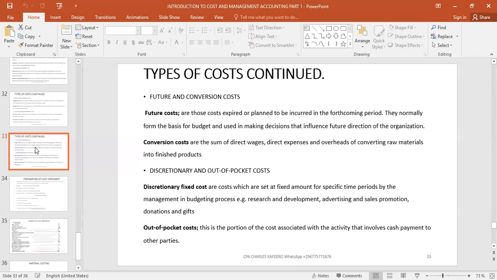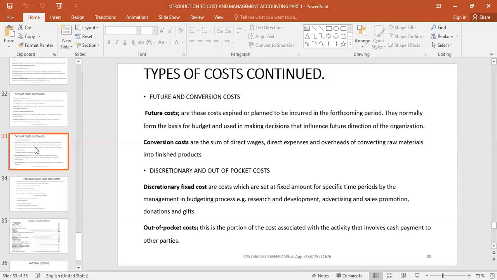The other type we have is discretionary and out-of-pocket costs. Discretionary fixed costs are costs which are set at a fixed amount for a specific period of time by the management in the budgeting process. These costs, they are always fixed. Most of the time we just take them as fixed costs. These are the costs we just put aside when, let's say, the management is making